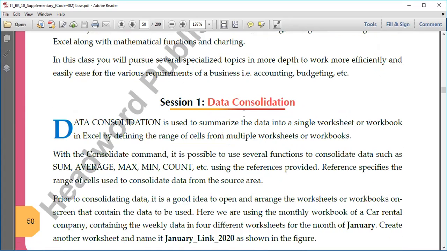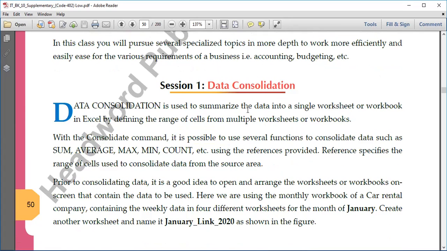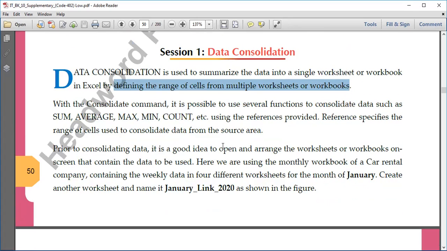Now the first session is about data consolidation. It is used to summarize the data into a single sheet or a workbook in Excel by defining the range of cells from multiple worksheets and workbooks. So consolidation means defining the cell ranges from multiple worksheets and multiple books and using them in a single workbook or single sheet, right?